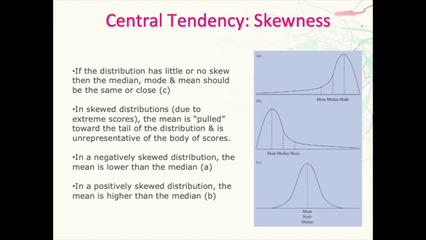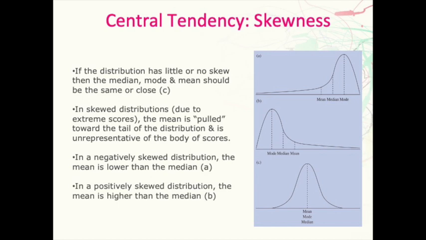So now go ahead and look at A. In a negatively skewed distribution, the mean is lower than the median, so you can see that reflected there. So if I have a negatively skewed distribution, like we see in A, where the tail is being pulled to the left, you can then see that the mean is lower than the median. It's going to be a smaller number than the median. Whereas with B,